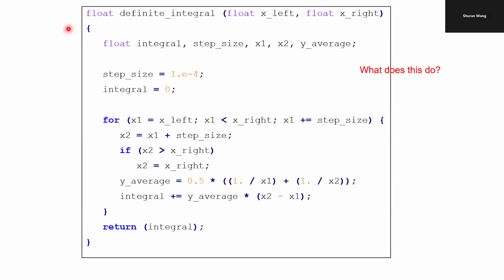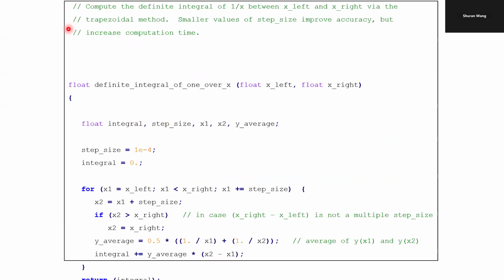What comments do we want to add to this function? It's already very clear by the variable names. We add a block of comment at the top of this definite integral of 1 over x function,